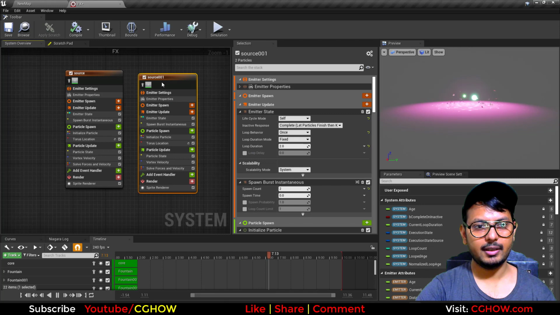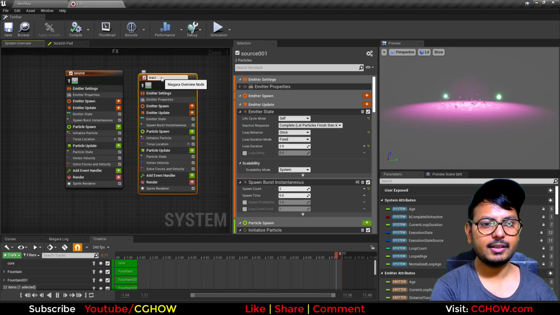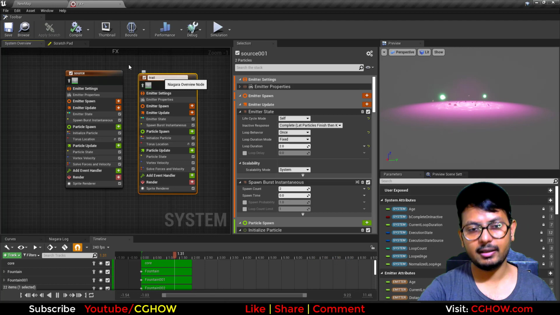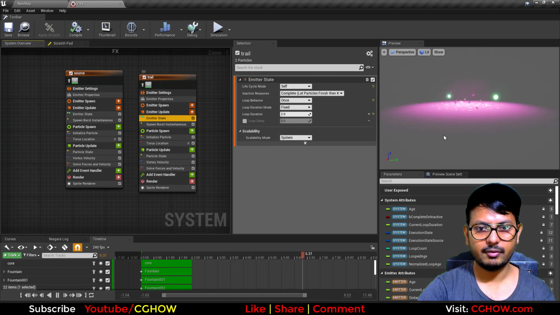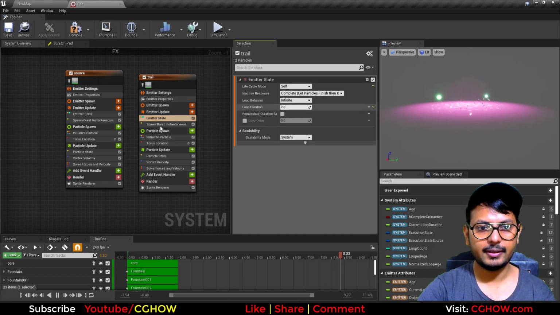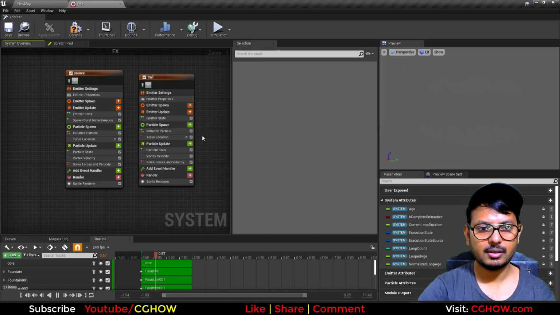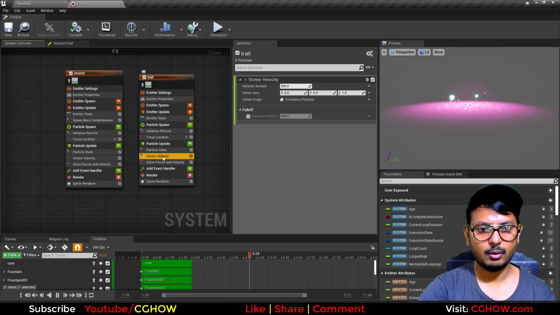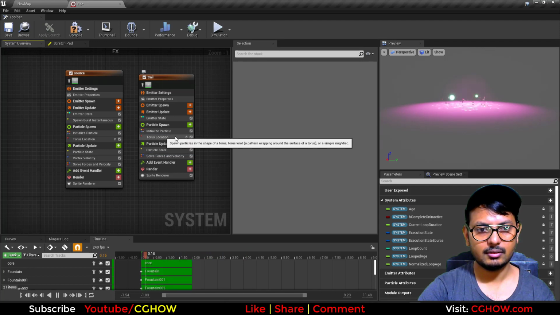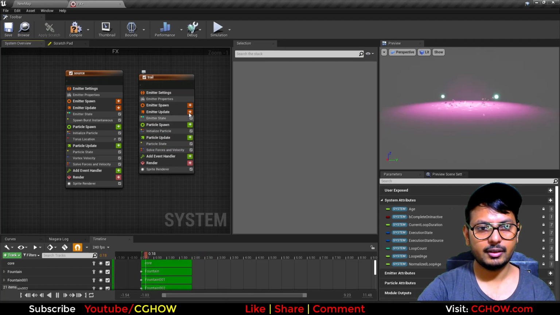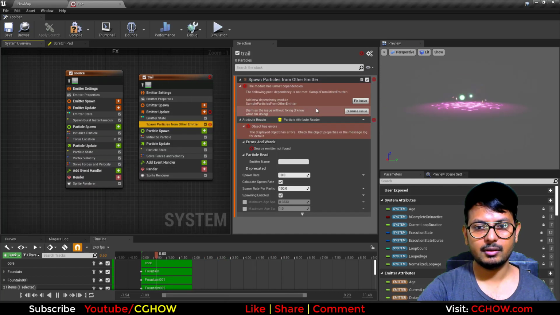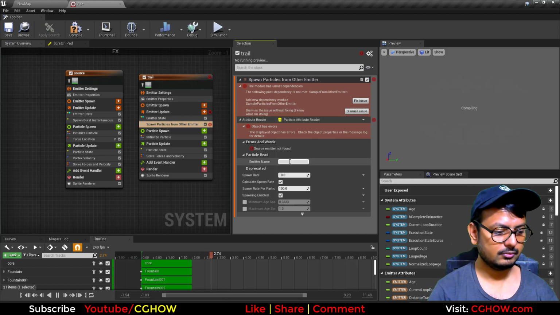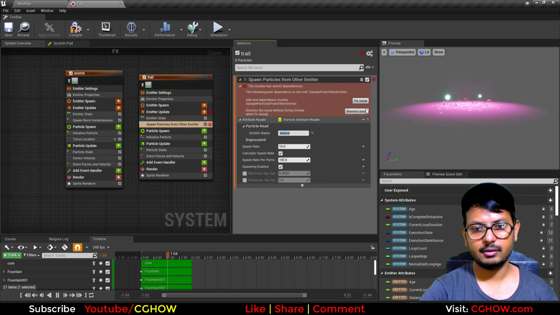And now I need a trail, so first I will duplicate this and this will be my trail. And instead of using event handler, I will use something different. So in this one, first I will use this infinite. I don't need spawn burst, I don't need Torus, not vortex, not Torus, and I will use here in emitter update spawn from other emitter. Write the name here, source, hit enter, fix,